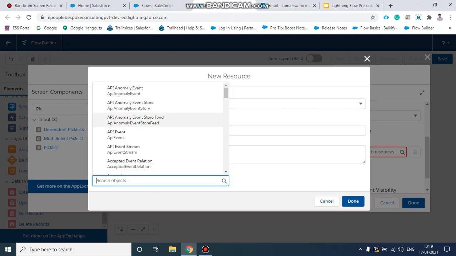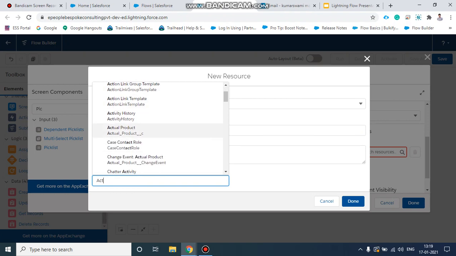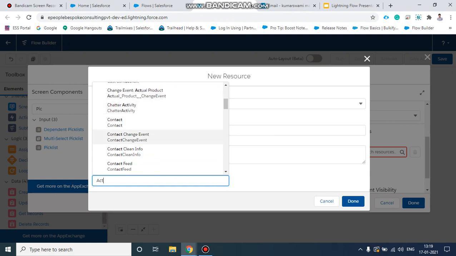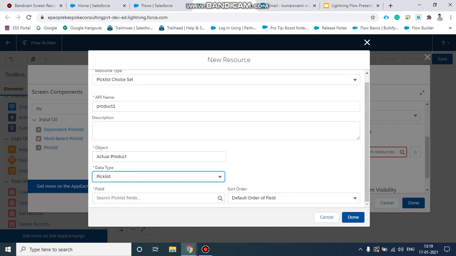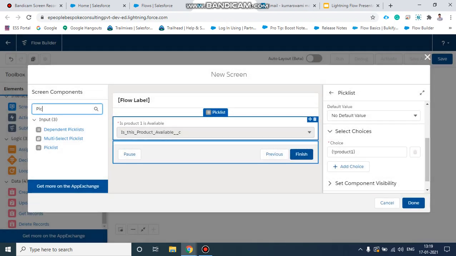Then we need to specify the object this field is in, which is actual product. This field captures whether this product is available for this lead. For that we take Actual Product and set the data type as picklist, so it will appear as is this product available. Then click done. This is for product one.